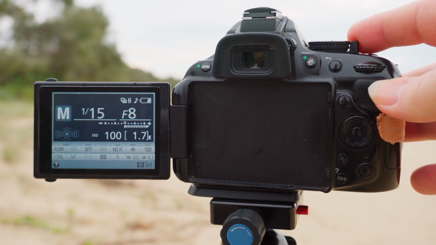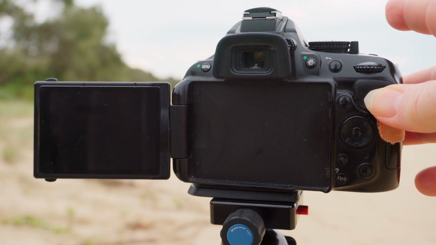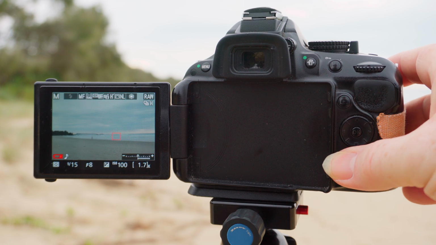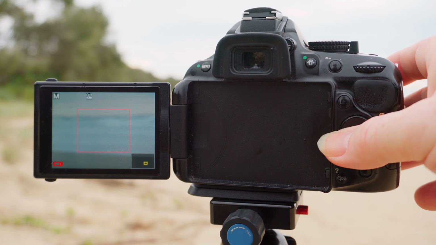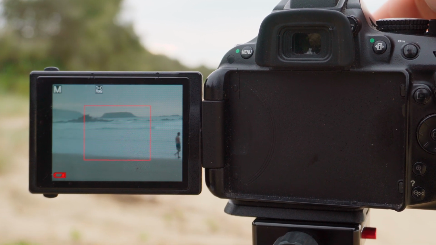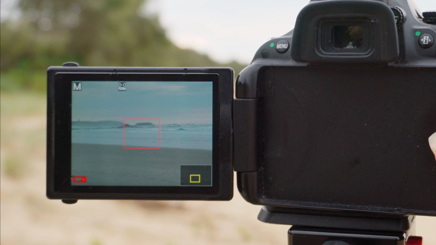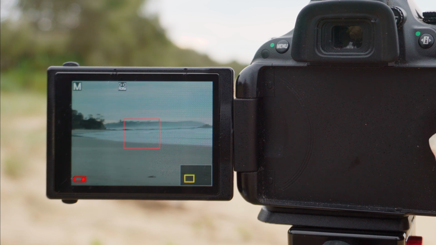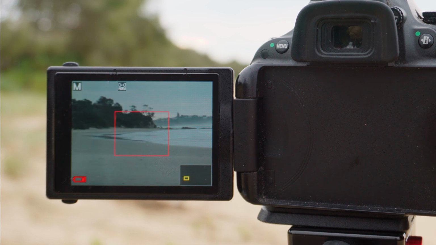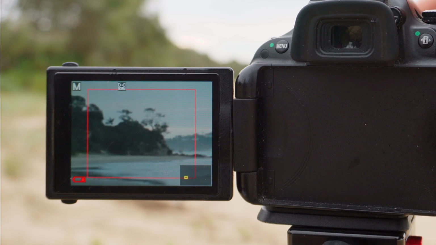Now, in order to get the focus right, because you're using manual focus, the best idea is to switch over to live view, and then you can zoom right in and you can get your focus set. So we'll try and get that swimmer before he goes away. Oh, there we go. So that looks to me like everything's pretty much in focus in the distance there, so that's pretty much fine. Those trees look sharp to me. So when you've zoomed in on live view, you can move around the screen and then make the edges of things look as sharp as you possibly can.